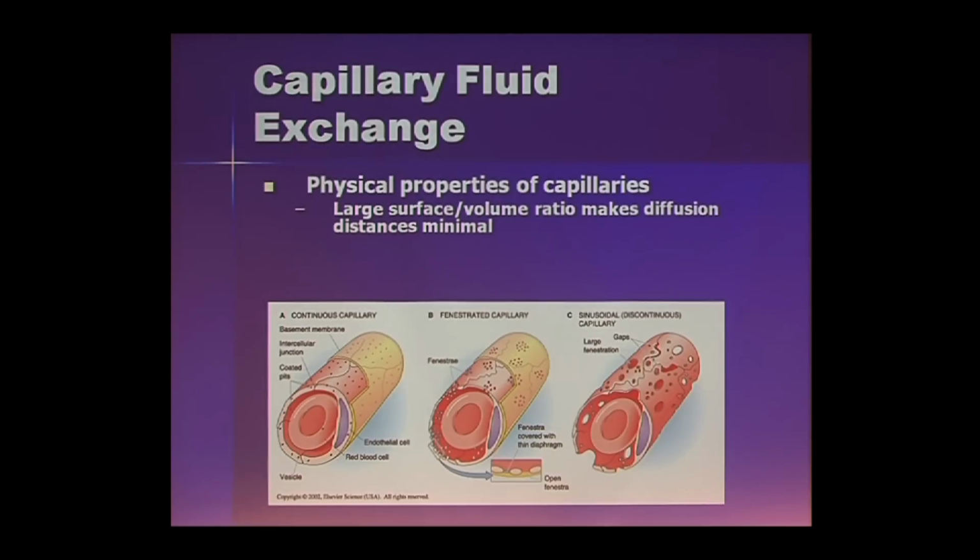An interesting thing about the properties of the capillary is that they have a large surface to volume ratio, which means that at any place in the capillary you're close to the surface of the capillary. Why would that be useful? For exchange, exactly. So even if you're in the middle of the capillary, you're not far from the surface. And then large total cross-section surface, which causes slow flow. Another thing that you really want if you want to exchange things between the capillaries and tissues.